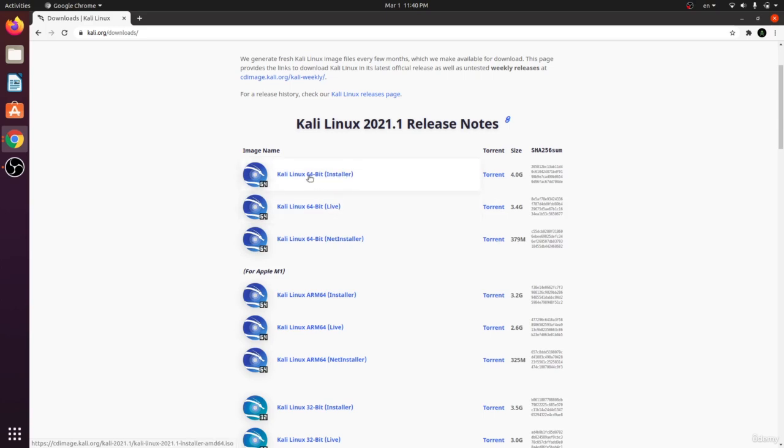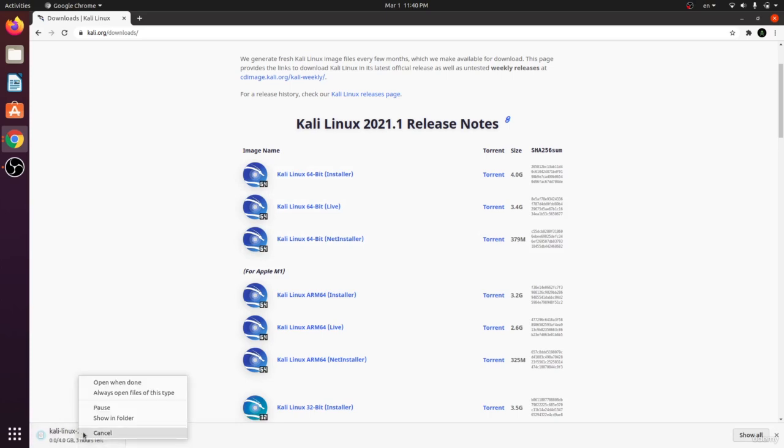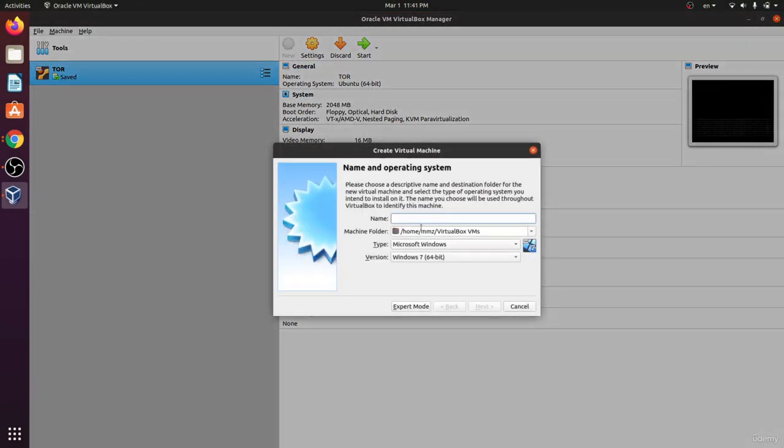For that, I will use Kali Linux 64 as installer, and I will download it from torrent or from the ISO. Okay, so for the ISO, and we will have it like this. By the way, I already downloaded that. So after this, let's open VirtualBox and let's press new and let's name it Kali machine, for example, and it